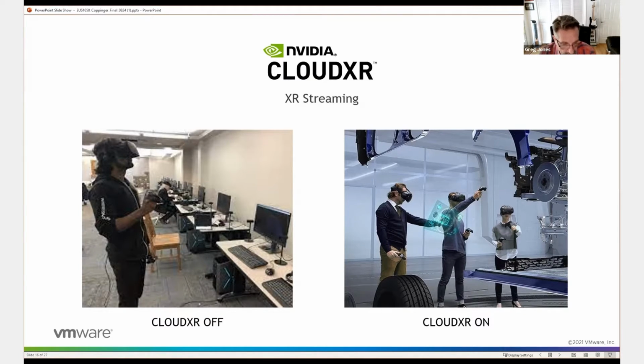Each of these workstations on the left-hand panel are powering a tracking system. They're powering a headset with a large graphics card. And those machines don't go anywhere but this room. And when those machines aren't in use for VR, they're not in use at all. So for the enterprise, it's a pretty expensive, non-scalable system that, even with that expense, users have a hard